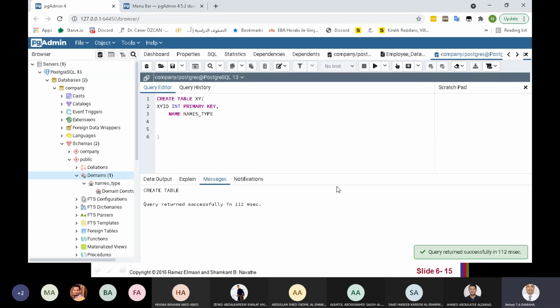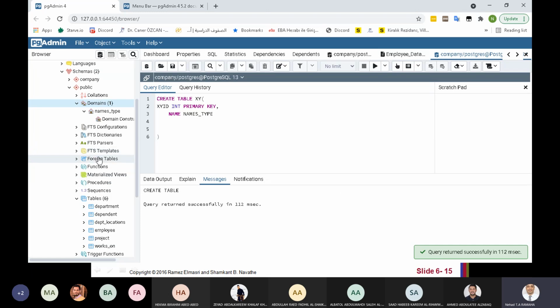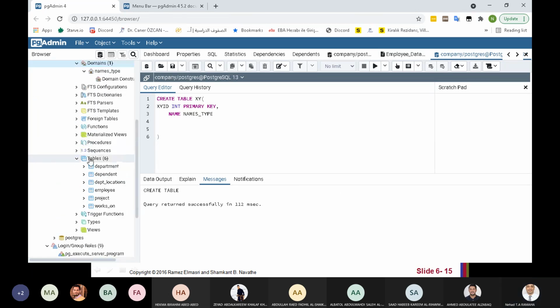So now if you check here, let me refresh the tables. We have the new table XY, with XY ID as integer and its primary key, and name from this domain that I already created.